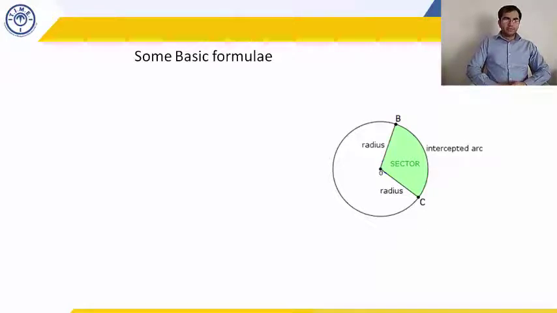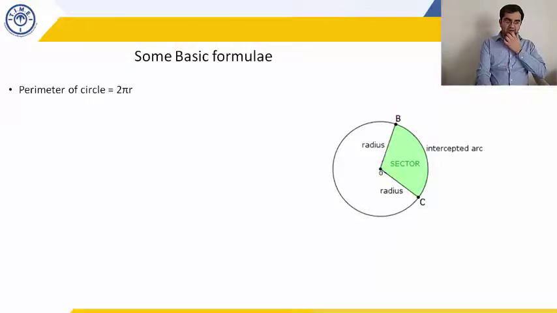A prerequisite for the topic of mensuration is geometry, which all of you have completed. And in today's class, first we will cover some basic concepts related to 2D geometry, and then we will move on to 3D figures. So consider a circle and a sector. A sector is simply 2 points B and C on the circumference connected to the center of the circle. The perimeter of the circle is given as 2 pi r, as you already know.